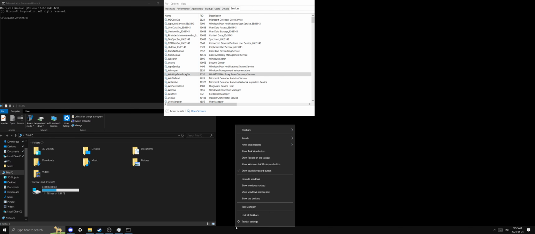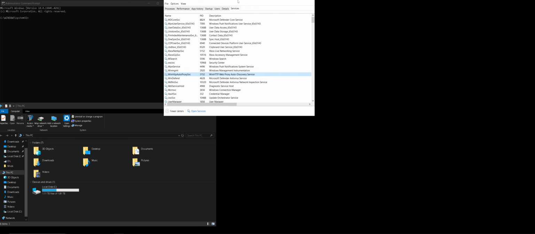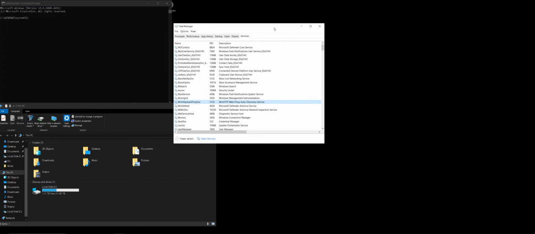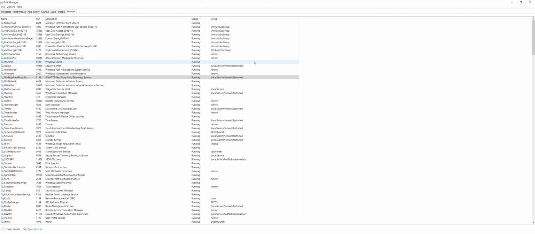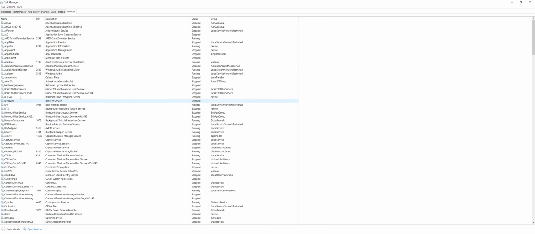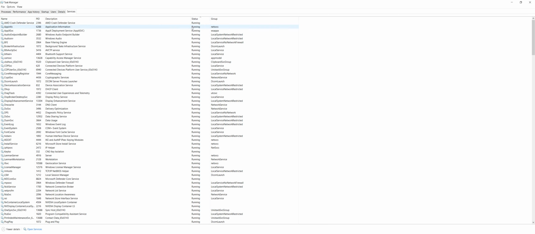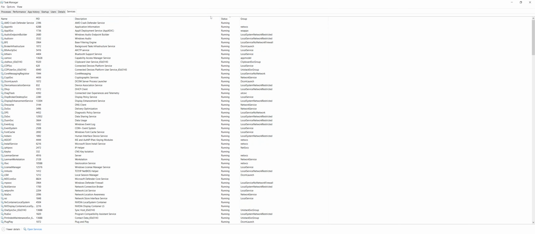Now another thing that we need to do here is if you go to Task Manager, you right click your taskbar, open up Task Manager, and we go to the Services tab. Okay, there's a way to organize this to make it easy for you. What you do is first you organize it by name, and then you hit Status. Now I should have A to Z of all the running services. And in the middle, if you just drag this over,